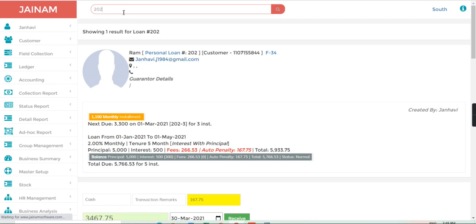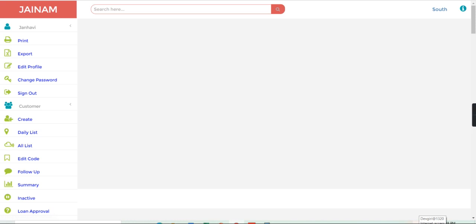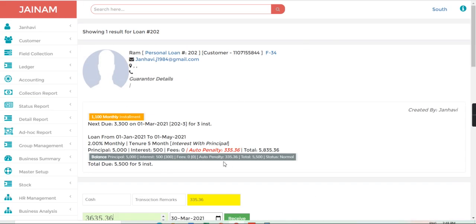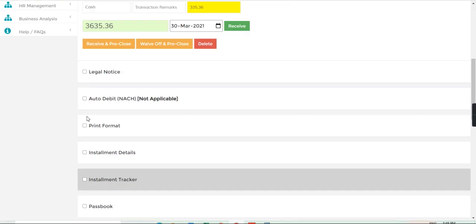Here you can see the penalty is calculated according to the 5%. So it is 335 on the outstanding amount.